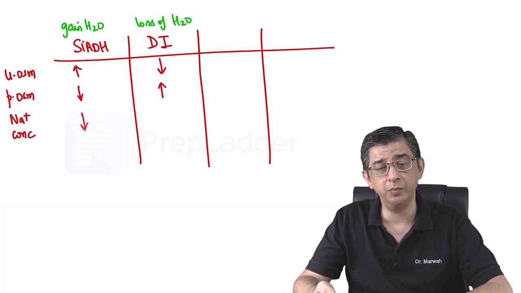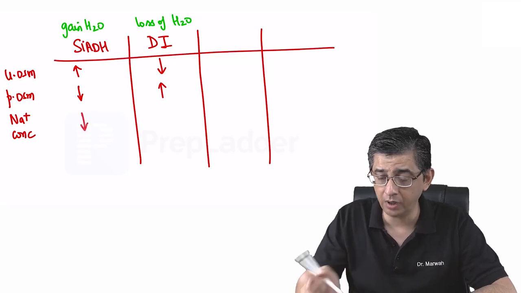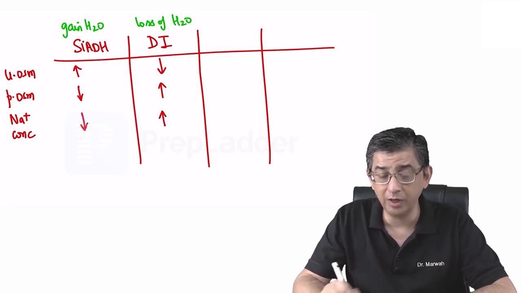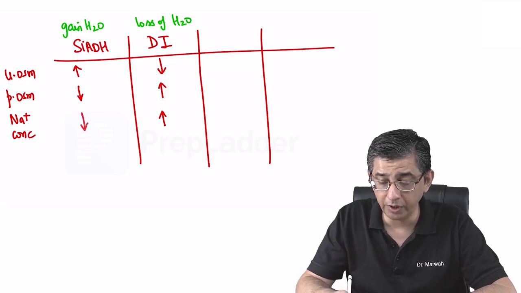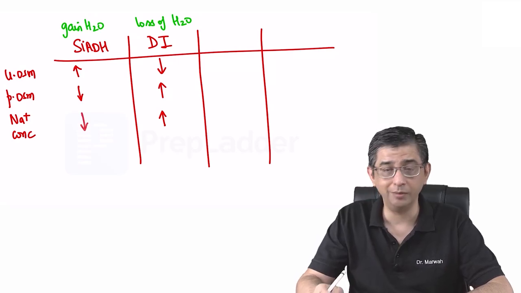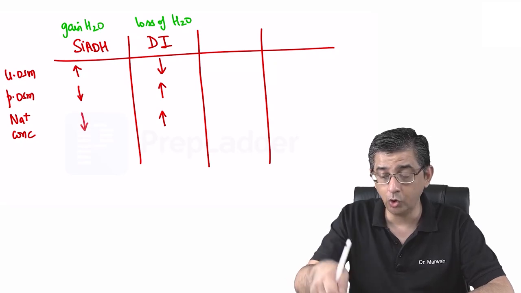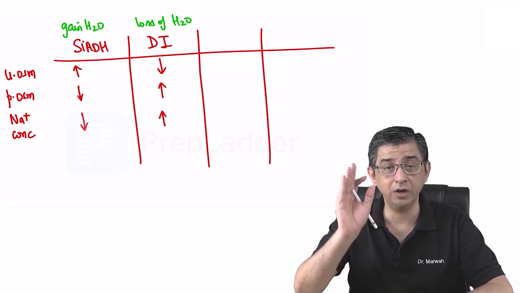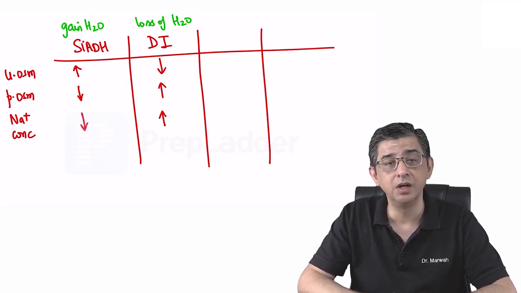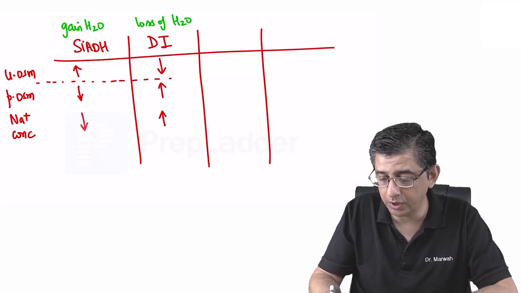Whereas in diabetes insipidus, because you are losing water, I said the word relative hypernatremia. Guys, I want you to be able to work it out fast, in under 1 minute, because this is not going to be a separate MCQ. These are 2 options of a single MCQ, and he's going to confuse you with increase and decrease. What I can say at the moment is, if you can figure out the urine osmolality in the MCQ,